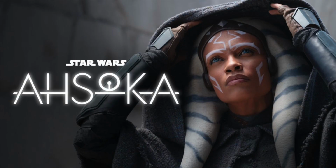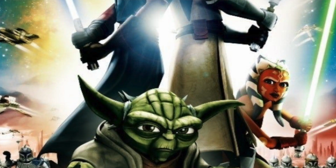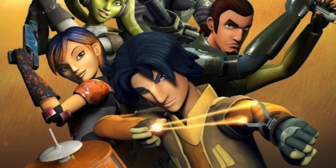Next week is going to be the release of the Ahsoka series happening on Disney+. And Ahsoka Tano has become a huge part of the Star Wars franchise with her debut in the Clone Wars. She was a really good character in Rebels, and especially making her live-action debut in The Mandalorian, thus now making a live-action Ahsoka series. So of course, I'm DK Wrestler, and in today's video, I'm going to be ranking pops